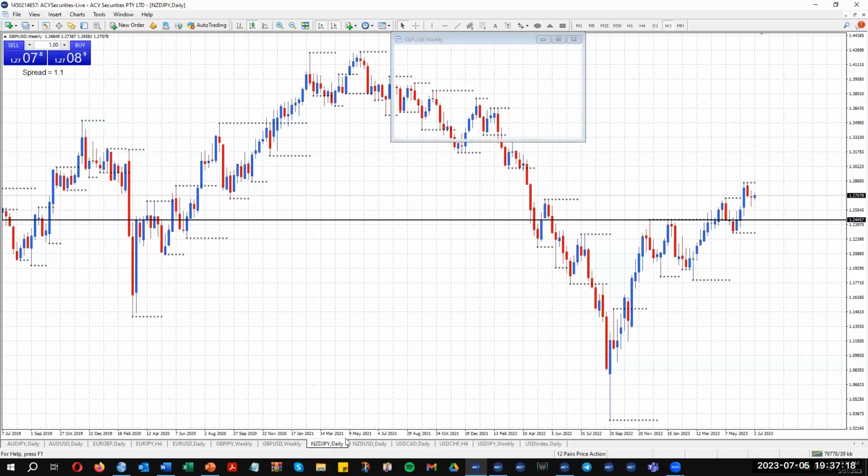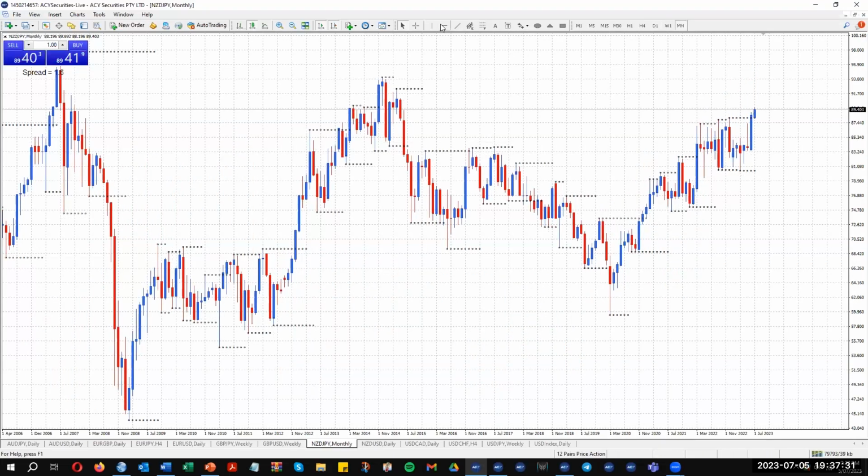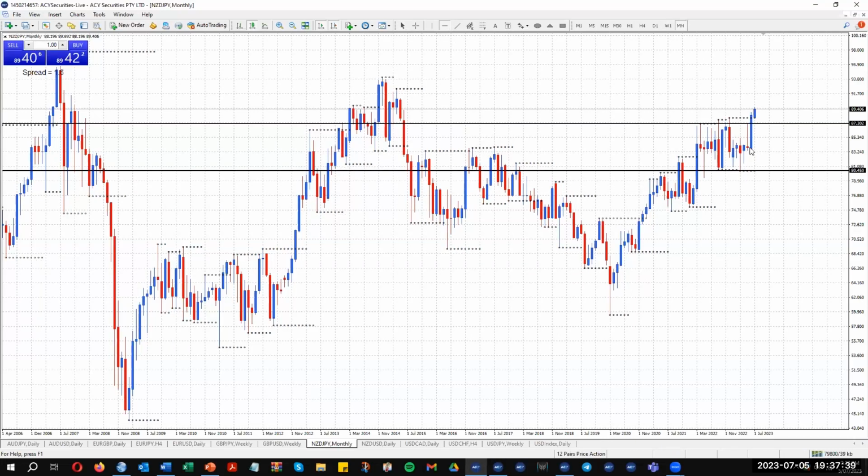Right, now the New Zealand yen, very difficult like the Aussie yen. At the end of the previous month, this is the start of the month here. When you looked at the monthly chart, it was range bound. Just drawing the rough range in. And the previous month, that's the candle, rejects at the top of the range. So in my mind, I'm thinking, okay, maybe it's moving down to the bottom of the range for the next